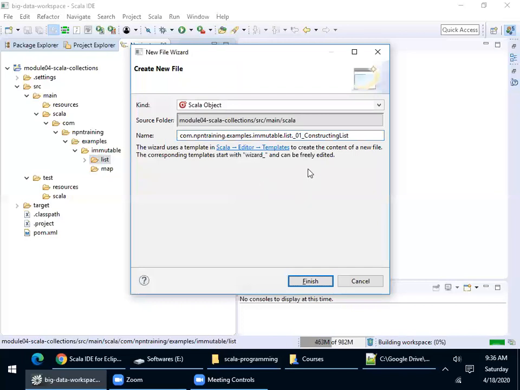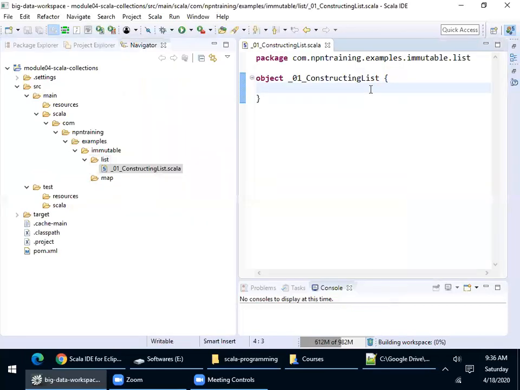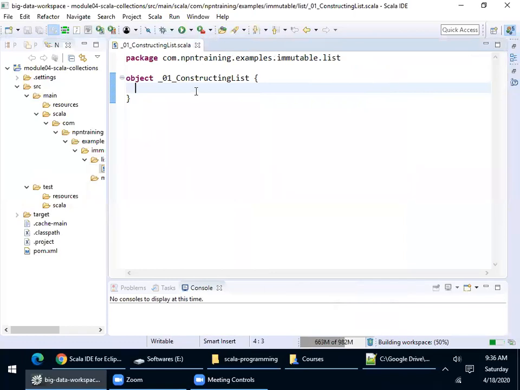So as you see that, it is slightly slower. Yeah, obviously Scala IDE requires a good amount of RAM. So you may not see it as performant as your Eclipse. Yeah, now if you see this, it has created an object. So let me create a main method. So as we all know how to create a main method, you can simply type main and press control space.